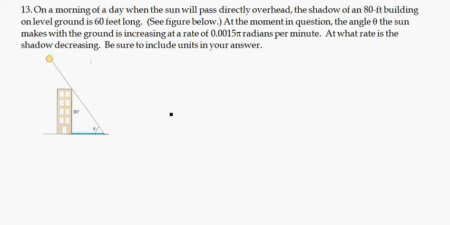So now we're given a figure with the sun up here and it's casting a shadow, and of course as the sun moves the shadow length will change. This is an 80-foot building, and we're asked at what rate is the shadow decreasing when we're given that the angle between the ground and the sun is increasing at a rate of 0.0015 pi radians per